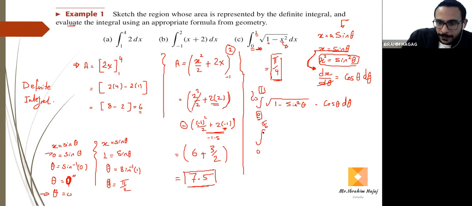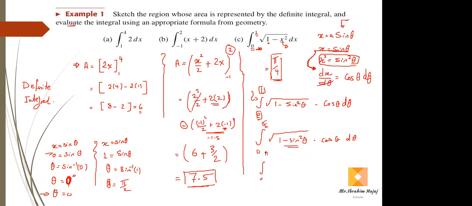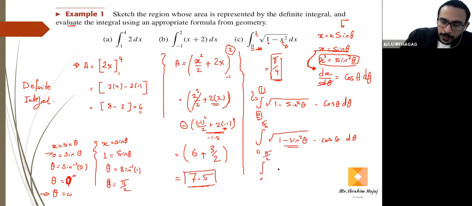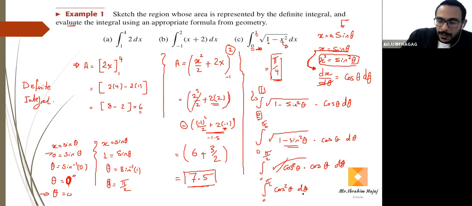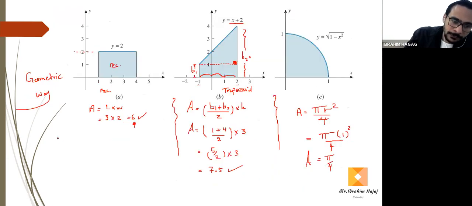Now for theta. From 0 to pi over 2 of root of 1 minus sine squared theta times cosine theta d theta. 1 minus sine squared is what? Cosine squared. Then 0 to pi over 2 of root cosine squared times cosine theta d theta. Cancel out the squaring with the root and multiply cosine by cosine, which gives cosine squared theta d theta. And then, as we did before, the integral of cosine squared theta d theta